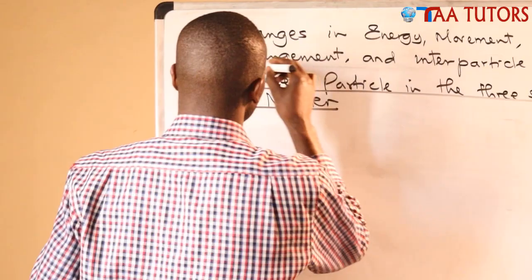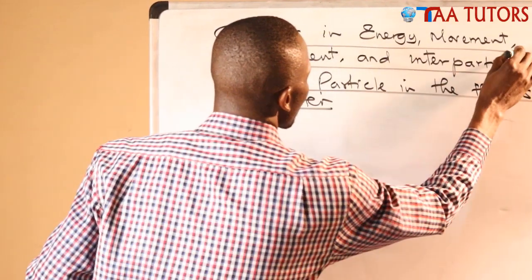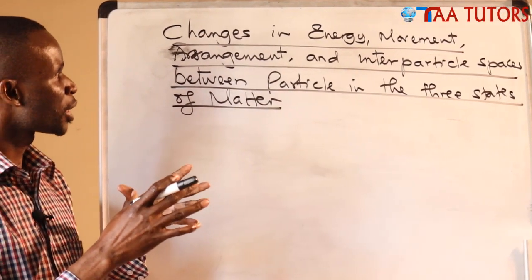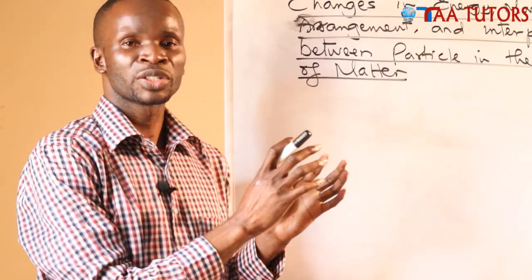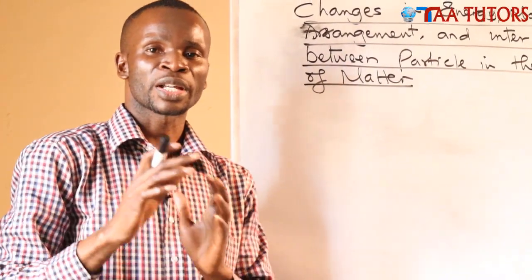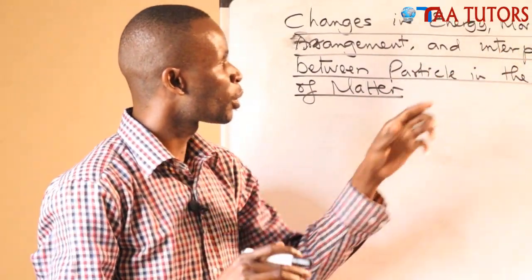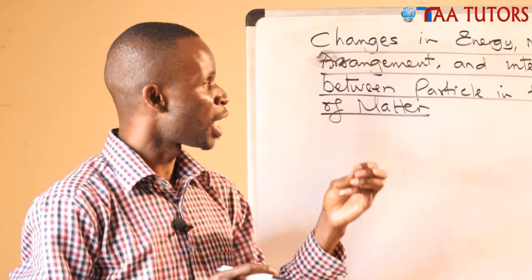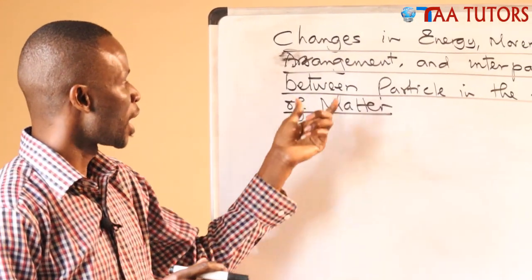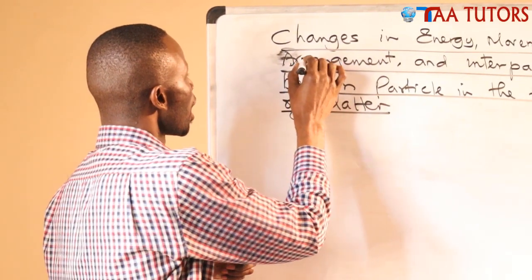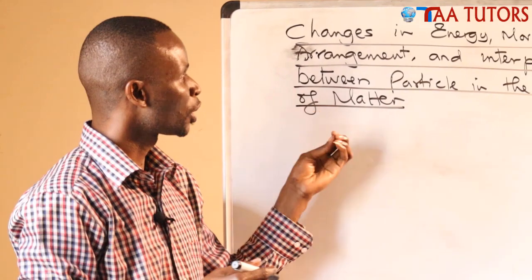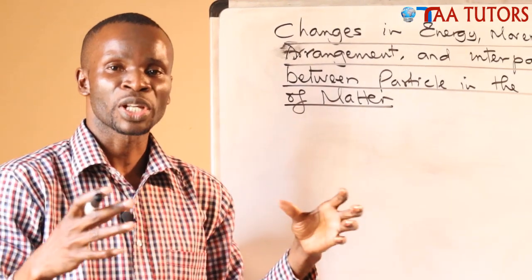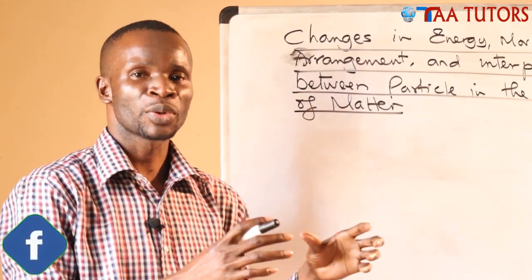So in this lesson of today, I want to be able to assist you to understand that we are going to study the energy. How do we compare the amount of energy in solid state, liquid state, and gaseous state? We are also going to see how we compare the movement. And in this case, energy is related to movement. Kinetic energy is very much related to movement across the solid state, liquid state, and also gaseous state. Arrangement, we want to see how the particles are arranged in solid, liquid, and gaseous state. And finally, we want to see how the spaces between particles in solid, liquid, and gas state